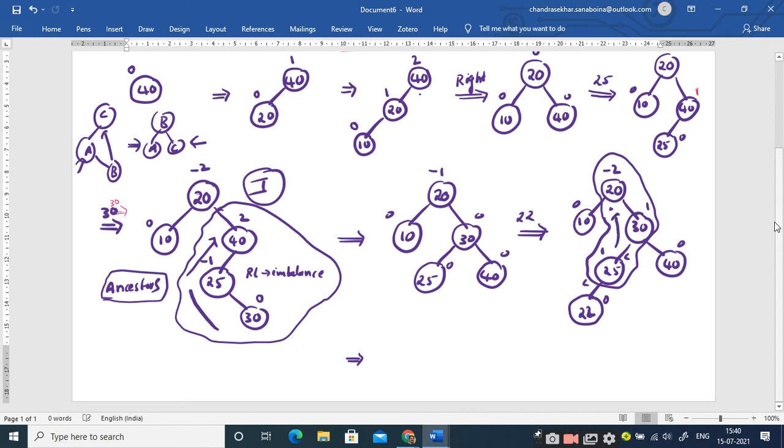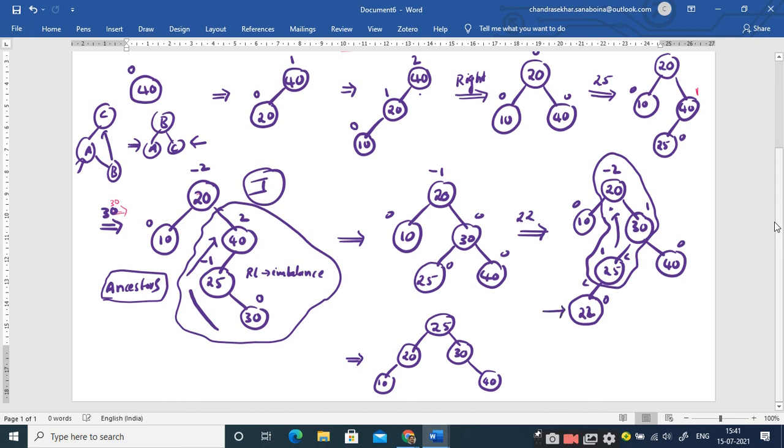25, I should push it here. So the root node becomes 25. And then what happens to 20? Left of 25, sir. And what happens to 10? You should not touch this 10, right? Why? Because 30, sir, it is not under our range. We should consider all these three nodes only. So what happens to the right side of 25? 30 will be inserted. What is the right child of 30? It was previously 40 and now it is also 40.